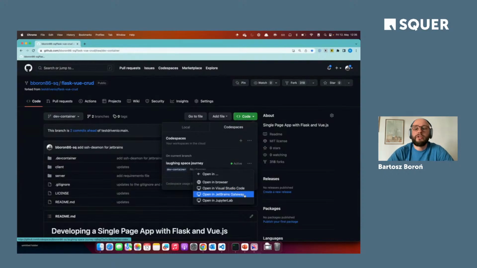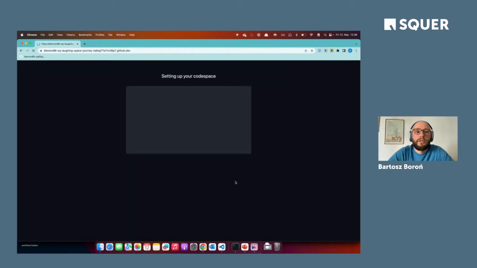I could even use JetBrains Gateway because it does support accessing VS Code and dev containers. But I also can open a browser-based version of VS Code and connect to the same container. All that is very easy and possible.